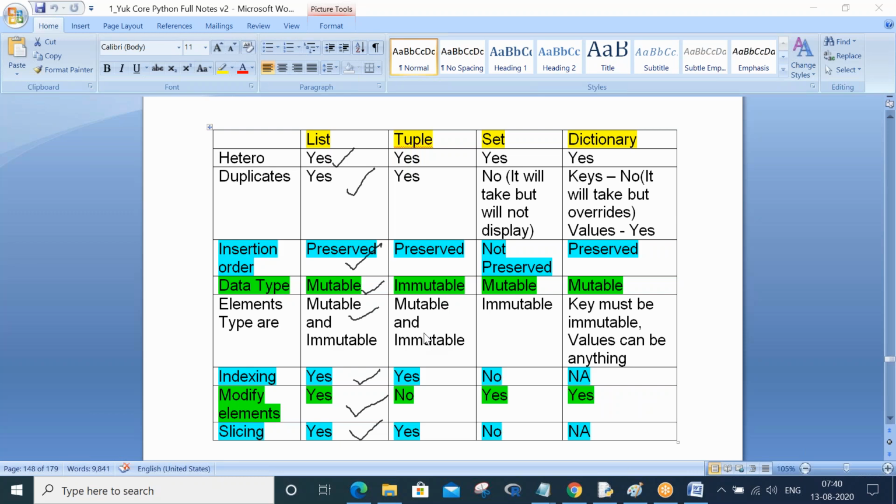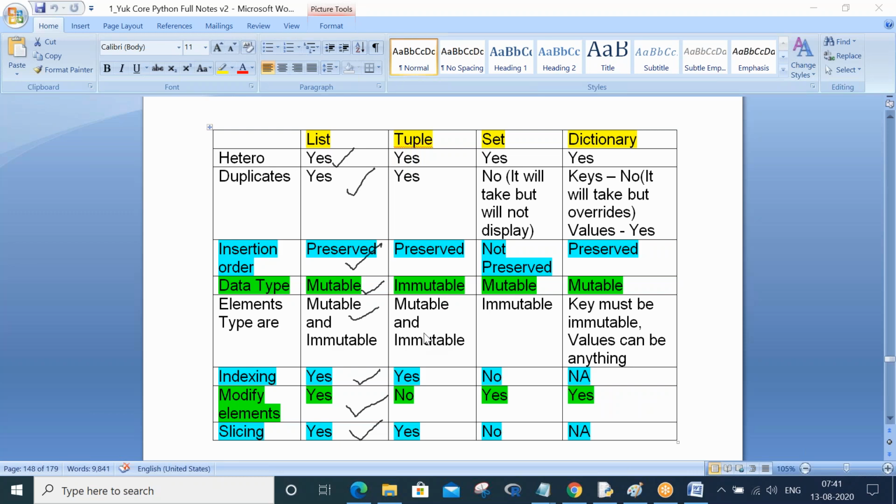Everybody will point you out whenever you attend any Python interview: what is the difference between list and tuple? At what situation will you have to use list, and at what situation will you have to use tuple? The interpreter will be happy with either list or tuple, so this is what you have to understand.